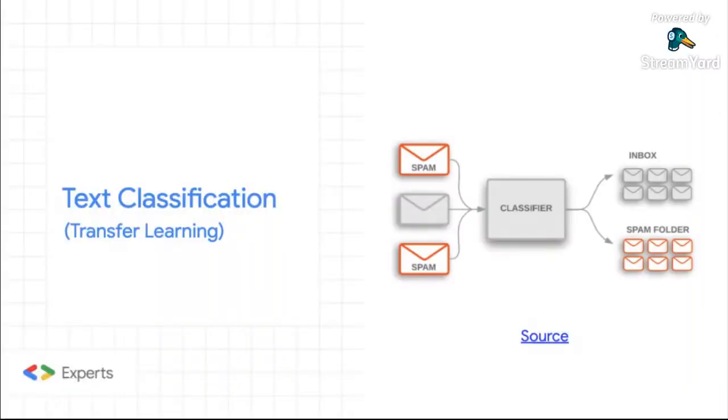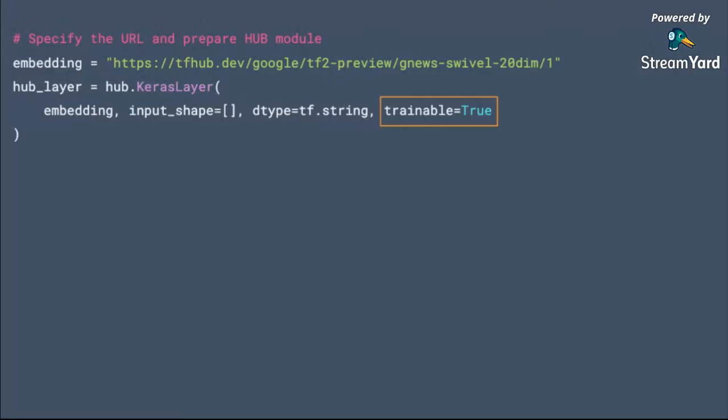Another example, let's switch gears from computer vision and enter into the NLP domain a bit. Here we will be seeing how to train a custom text classification model using pre-trained embeddings, which is also a kind of transfer learning for NLP based tasks. Again, you will start by providing the URL to the pre-trained embedding files. And if you are interested in fine tuning them, I think you should fine tune for most of the cases, I feel. But it really depends, and it varies from use case to use case.